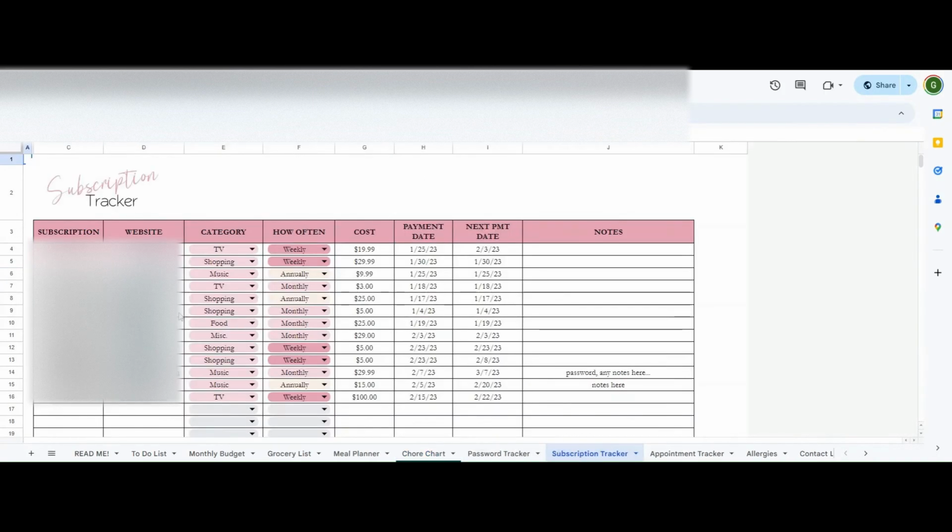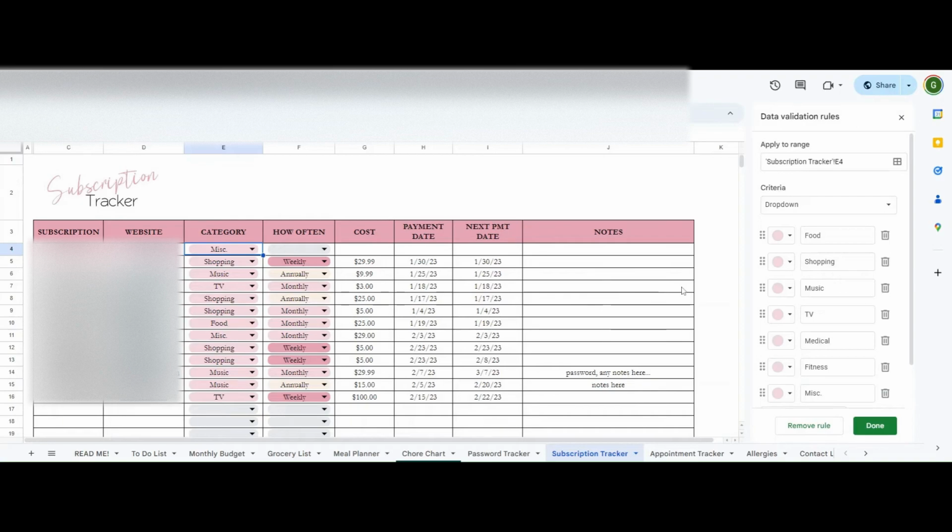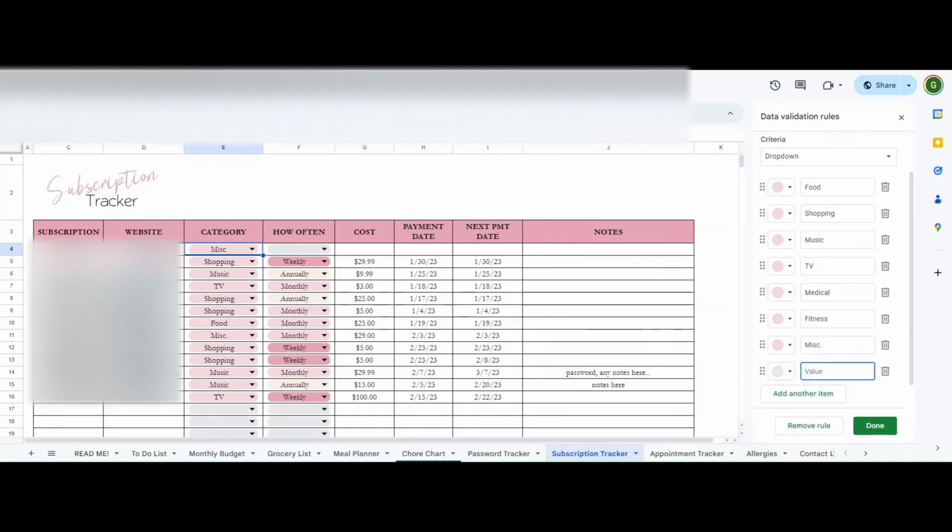The next one is the subscription tracker. So once you highlight all of this, you hit delete, and then you can do your subscription. And then you can choose your category. If this is miscellaneous, you can edit this if you want with the pen. This edit part will only work if you're using Google Sheets. You have to go to the data validation section to change it. I have another video on how to change that, but if you wanted to change the drop downs, if you're using Excel,